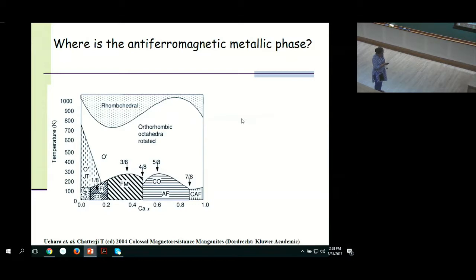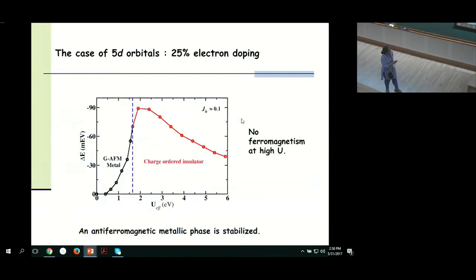And of course, one reason for this could be that you have strong electron phonon physics playing a role, which modifies the phase diagram considerably. But then that means that our 5D oxides are a very good candidate, because you don't expect electron phonon physics in the 5D transition metal oxides. And this is what we wanted to explore. And so we took the case of the sodium osmium oxide.